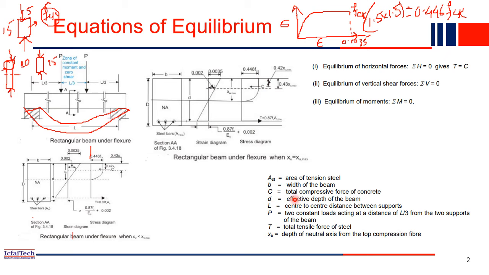What is D? D is the effective depth of the beam. What is effective depth? It is a rectangular beam, right? The width is small b, the depth is capital D. But we always keep some space at the bottom. Here you can see a small space is there, right? The beam's line is at the bottom, but the reinforcement is provided at a little distance from the side. Why? Because if the steel is exposed to the environment, what will happen? It becomes corroded.